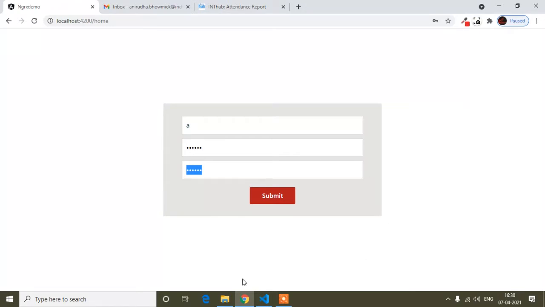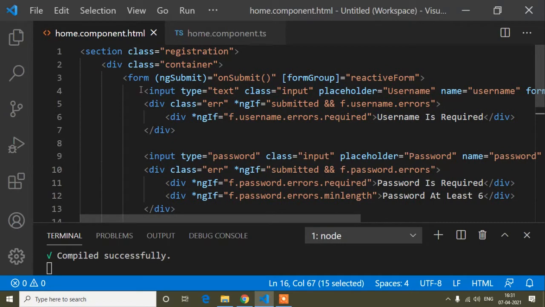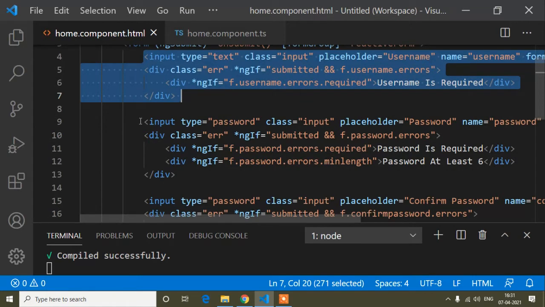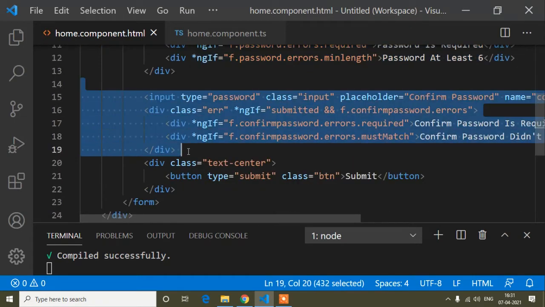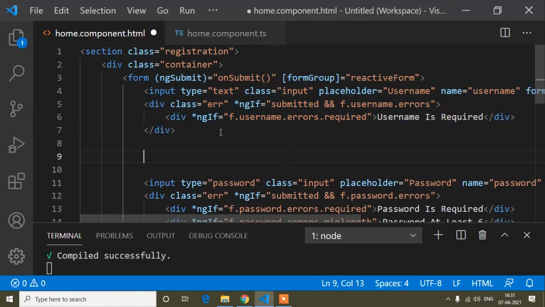So now first of all, I will show you in the home component.html file, this input is used for username, this is for password, and this is for confirm password. After this username, first of all I will create a checkbox.